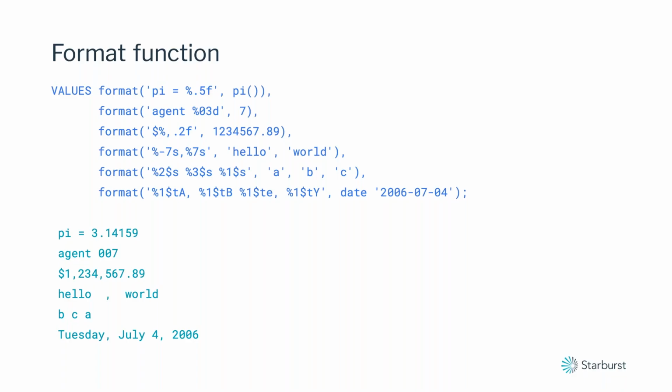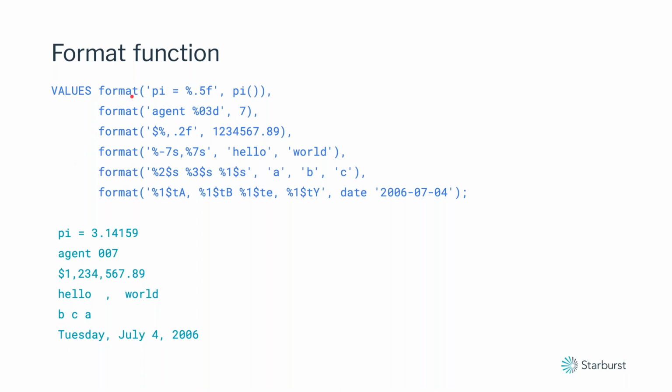So the first thing we'll talk about is the format function. You often have numbers or dates or strings that you want to format into a string in a specific kind of way in your output. Maybe you're creating a report and you want to show a number in a certain way. The format function can let you do that. So if we look through